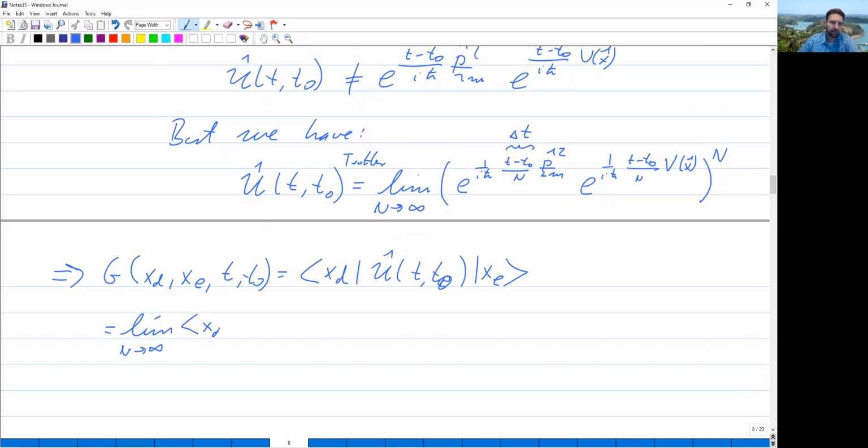And then we have here the xd. And then we have all that business over here in here. So we have, let's try to spell this out, 1 over iħ, and then we write here delta t, and then p hat squared over 2m, and then e to the power of 1 over iħ, t minus t naught divided by n, and then v of x hat. And this factor we have n times,